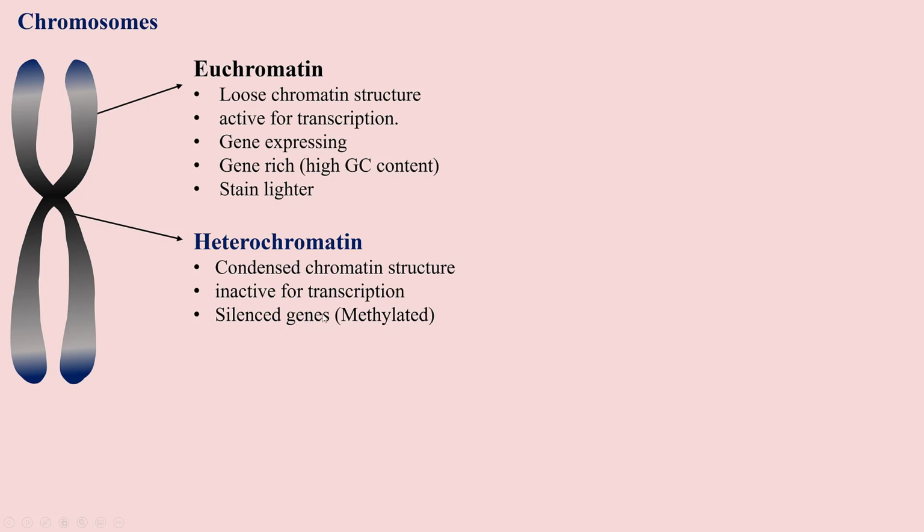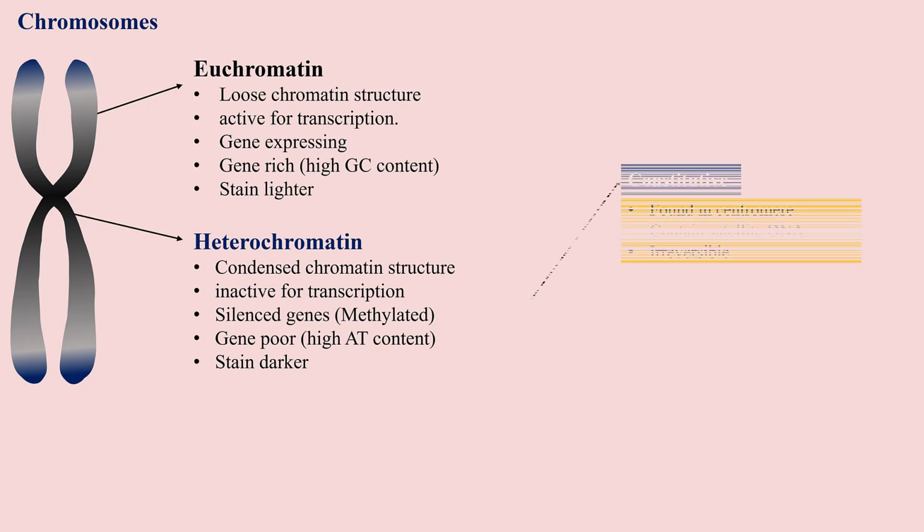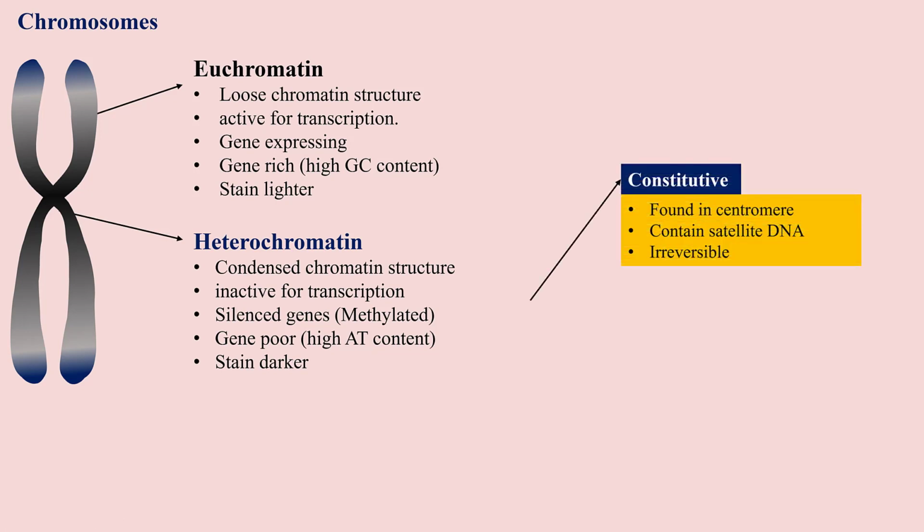In heterochromatin, silenced genes are present and it contains high AT content. In fact, heterochromatin is easily seen in staining because it is densely stained due to its denser packaging. There are 2 types of heterochromatin. One is constitutive heterochromatin. This is a stable form of heterochromatin. It does not loosen up to form euchromatin. It contains repetitive sequences of DNA known as satellite DNA. It can be found in centromere and telomere regions, and it is usually involved in structural function.